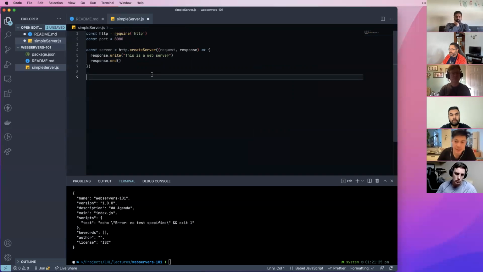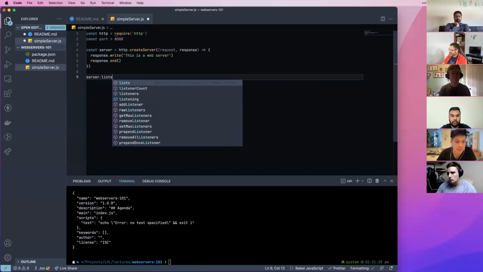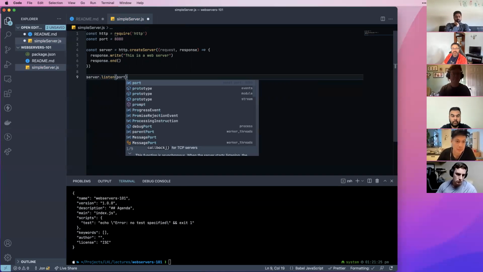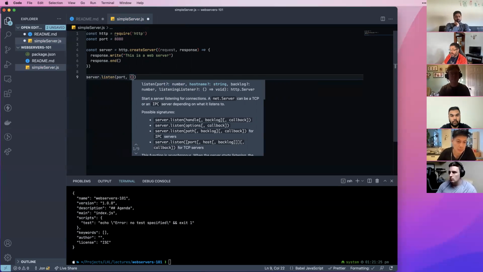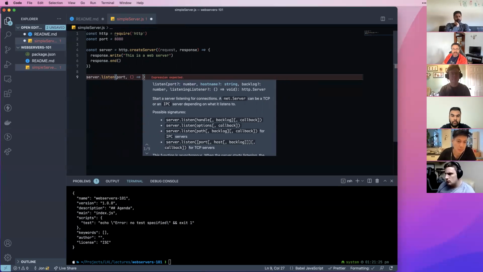You have to make it listen. You got it. How do I do that, Gottfried? There should be a listen method that you call on the server object. Somebody's been reading ahead. And this is where I'm going to put in the port, right? And there is a second parameter I can pass this. It is optional. I'm going to pass it. It is a callback. And all I'm going to say in this callback is